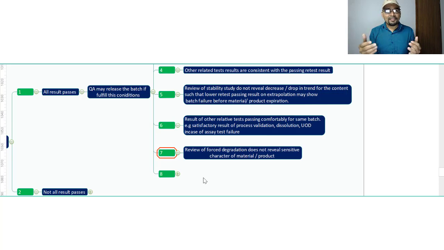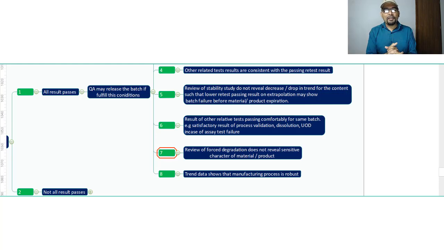And if you do not have any such kind of observation noted in the forced degradation, for example, if there is an impurity failure in case of related substances analysis, and that particular impurity which is out of specification is not a degradant, as proved based on the forced degradation data, then you have confidence that, okay, even though the impurity was observed a little bit on the higher side, I mean out of the spec, as the additional testing reveals that this impurity is within the spec, and the forced degradation studies support that this impurity is not going to increase over a period of time, then you can release the batch in the market.